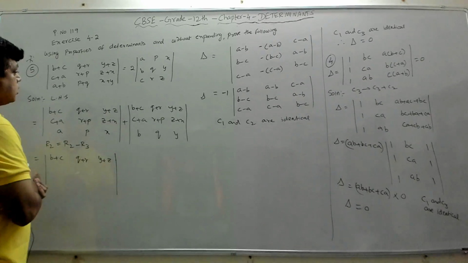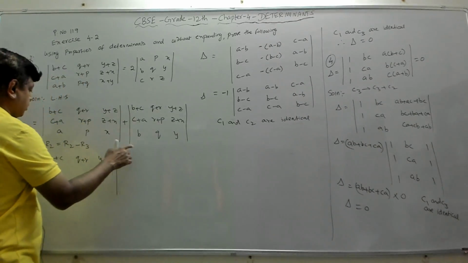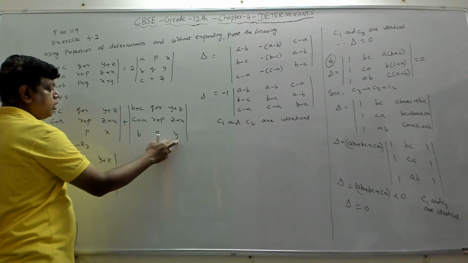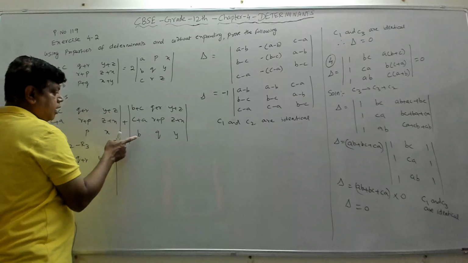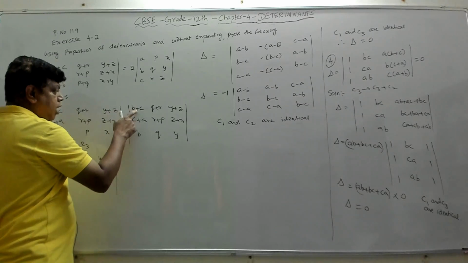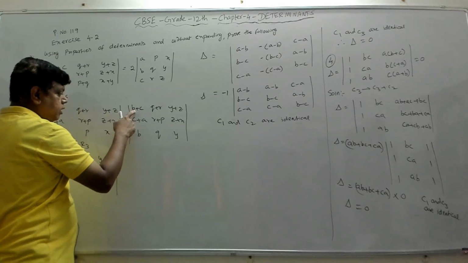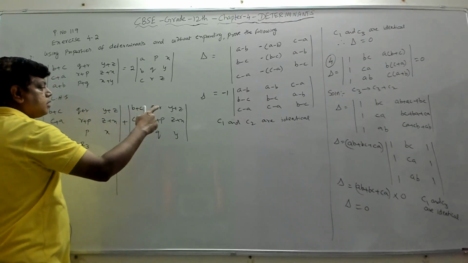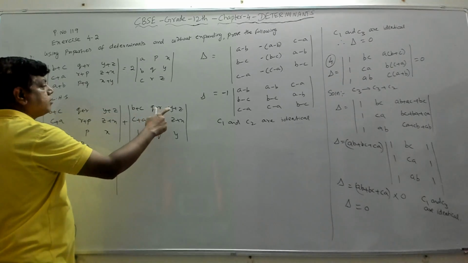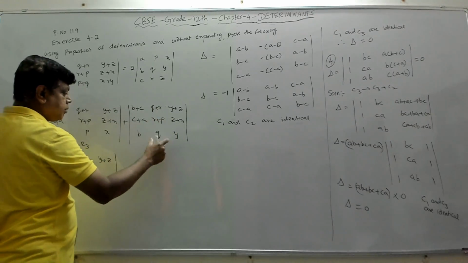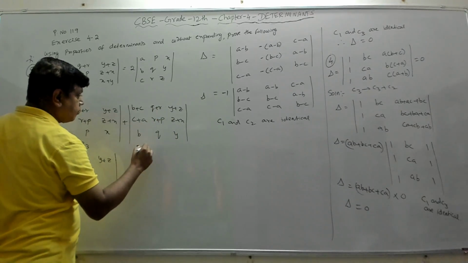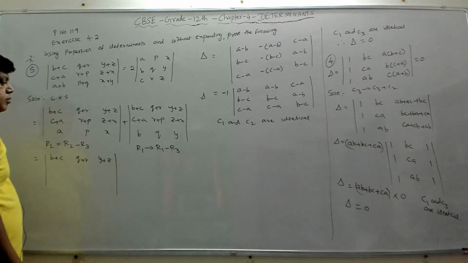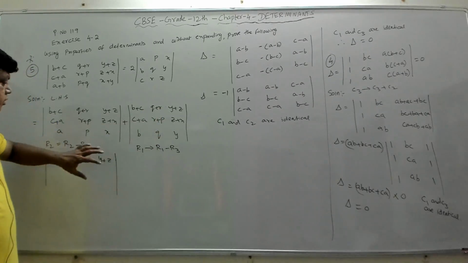Fine. Now let's go and see here. This operation I am going to apply for this determinant, and here again you have B, Q, R, Y. So we can apply R1 changed as R1 minus R3. B plus C minus B will give you C. Similarly, this minus this will give you R. This minus this will give you Z. So to this determinant we are going to apply R1 implies R1 minus R3. This operation is for this determinant, and this operation you are applying for this.